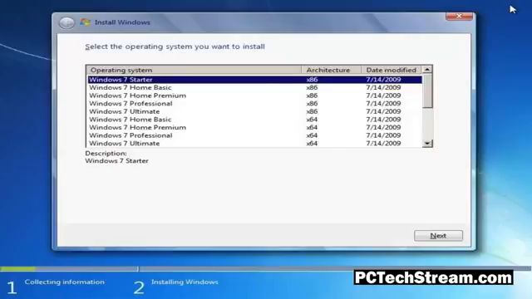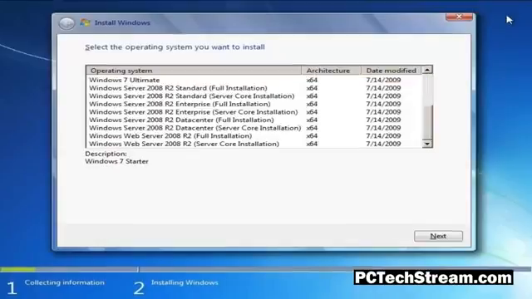If I scroll down on this DVD, you are gonna see that I have all the versions of Server 2008 R2 with the x64 architecture. So these DVDs are really cool because you don't have to have a single DVD for a single operating system. You're gonna have the full package in just one DVD. Now that you have an idea of how these custom DVDs look, we are gonna go back to the